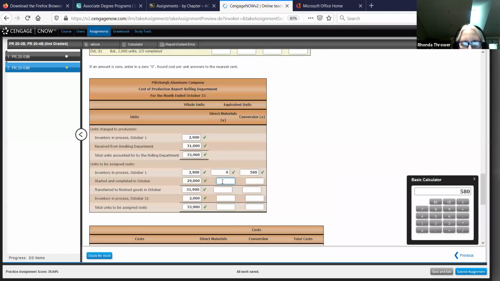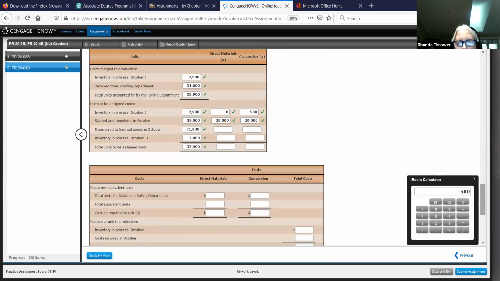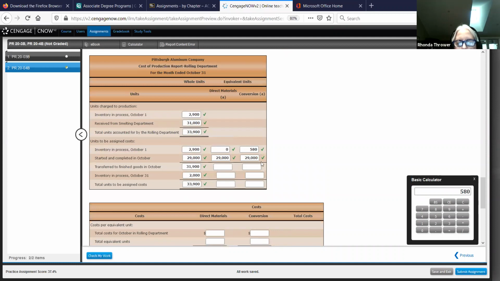Remember, your started and completed units have been started and finished with respect to materials and conversion. You may be seeing a pattern now, I hope so. The started and completed units are always the same all the way across. Then you add down. And then you're going to look at your